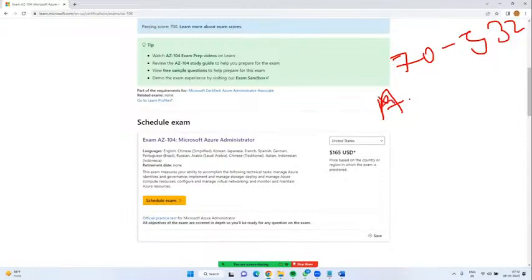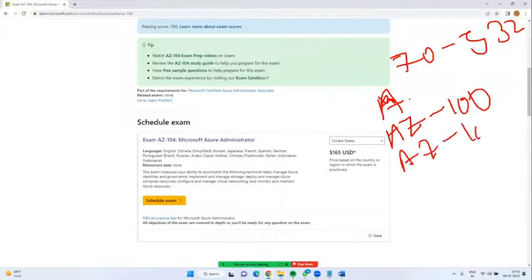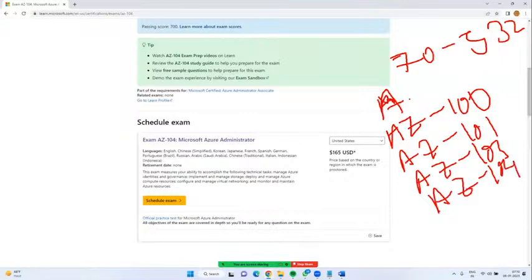Next, Microsoft changed it to AZ-100. Next, they changed it to AZ-101. Next, they changed it to AZ-103. Now in the market, AZ-104. These papers are valid for 2 to 3 years from the time of certification. After that, you have to renew it and write another exam.